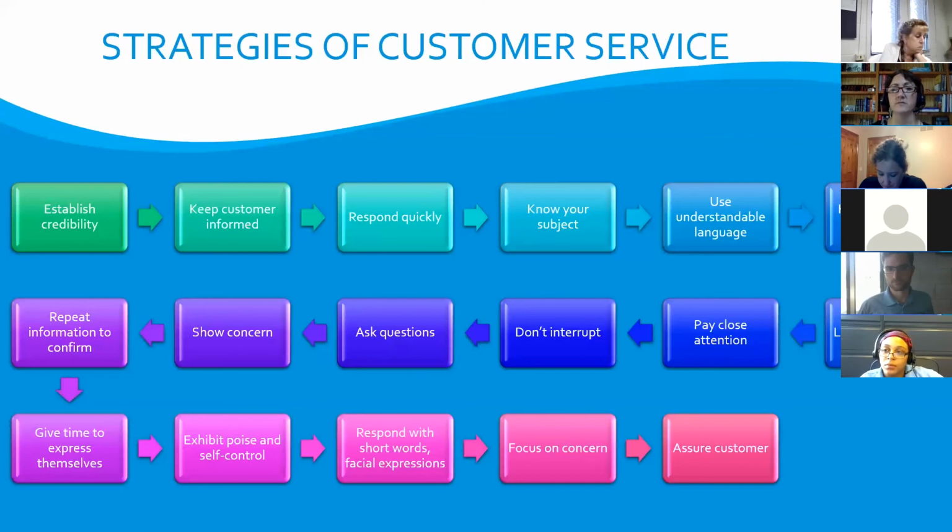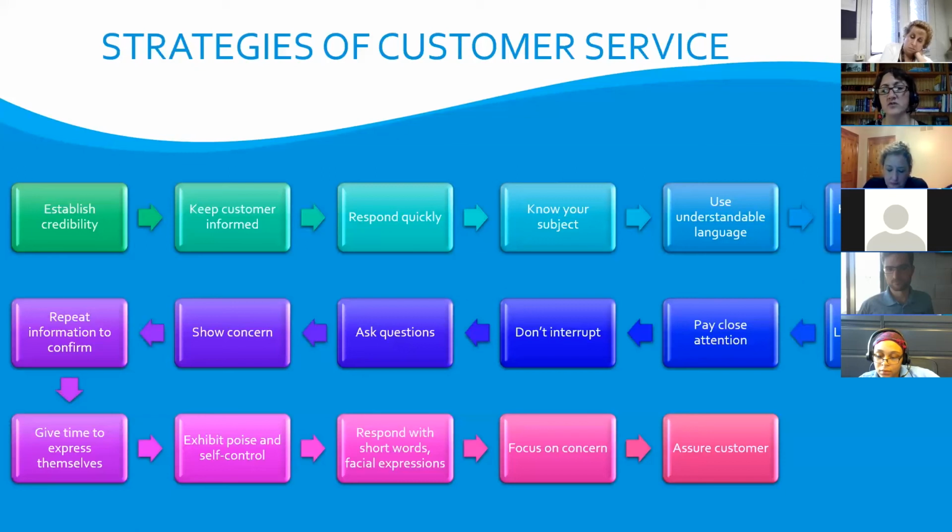You want to use understandable language, and this really is focused on not using jargon. So in the water sector, we have all kinds of acronyms, every industry does. You want to make sure that you're not, like I just referred to the CCR, right? Customers don't know what a CCR is. So referring to it as the water quality report that comes with your bill every 3 months or whatever. The one that's on our website, let me take you to that website. Make sure that you're using language that your customer understands. It goes back to what we had talked about earlier, using a vocabulary that makes sense for that customer.